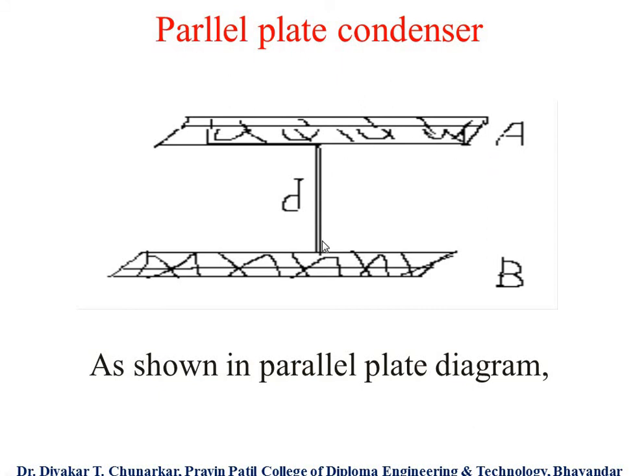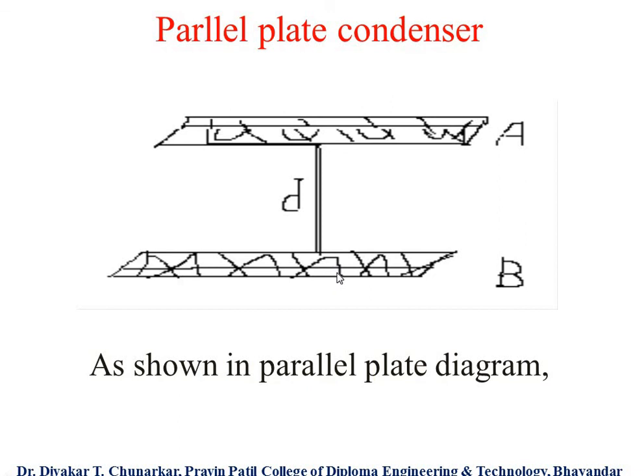So in this case, capacitance increases to increase the dielectric medium, to increase the area of the plate, and to decrease d, the distance between two plates, keep in your mind. So the parallel plate condenser depends on the area of the plate, distance between two plates and dielectric medium. These three parameters are very important. Here a question arises: the parallel plate condenser depends on. You have to give one option, all three or only one.